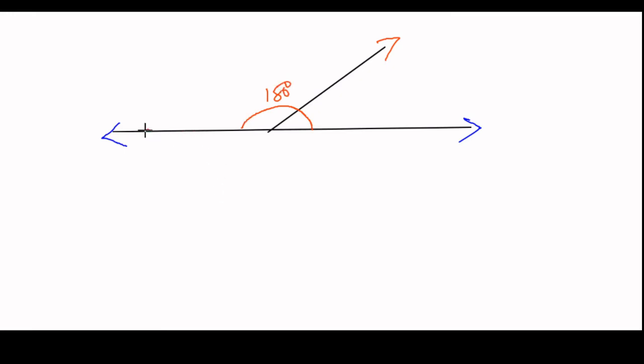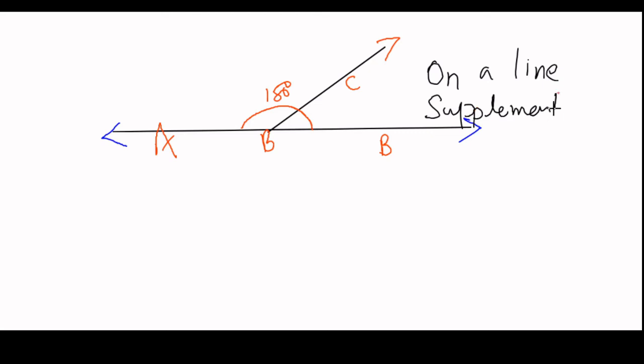We know that the angle around the point of vertex will be 180 degrees in the case of these two angles, and we know that the point B is measuring 180 degrees, and the two angles are angle ABC and angle CBD. Both are lying on a line. Such a set of angles which are on a line and which are supplementary, which we already know, this pair of angles is named as